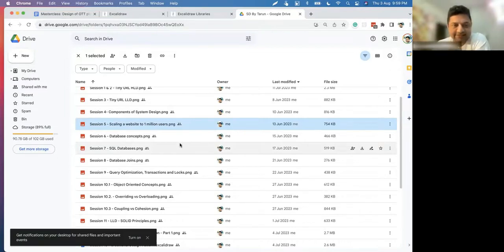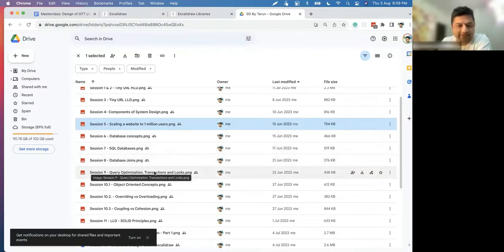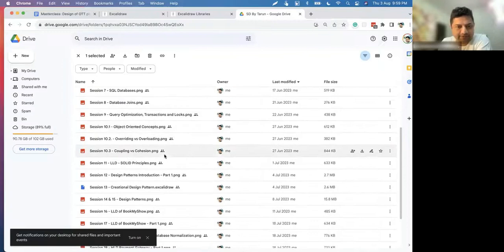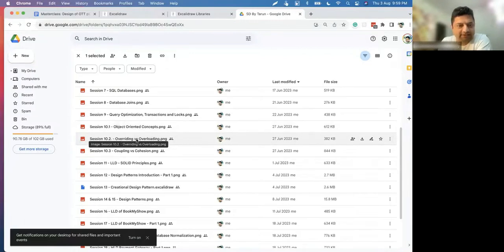What are transactions, atomicity, ACID properties, etc. We discussed SQL, and we discussed how to design databases and how to take care of various other isolation levels, best practices about database design, joins, query optimization, transactions, locks, etc. We discussed object-oriented concepts: overriding, overloading, coupling, cohesion, a lot of object-oriented concepts.